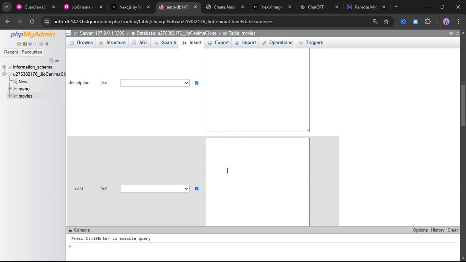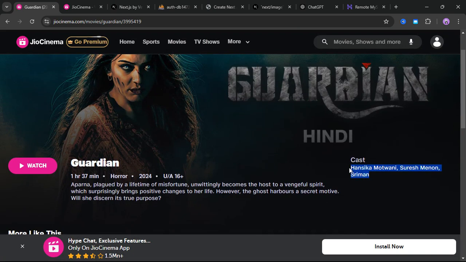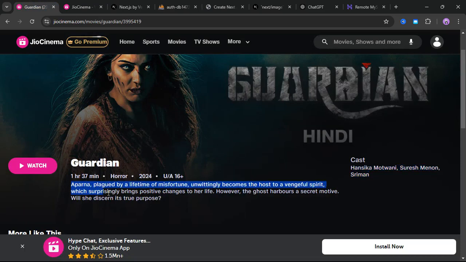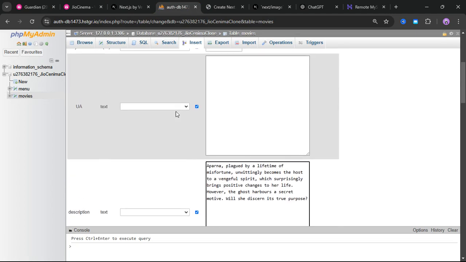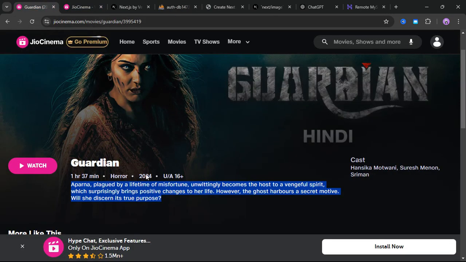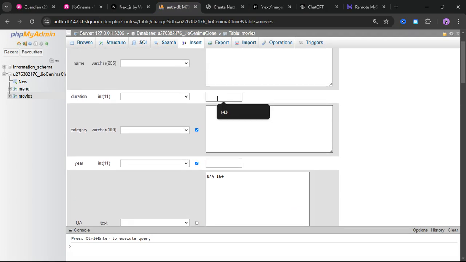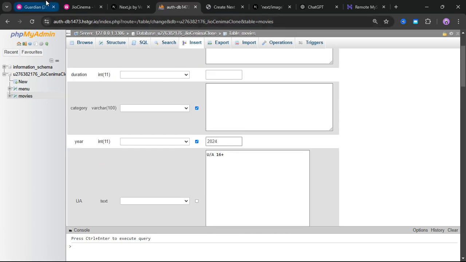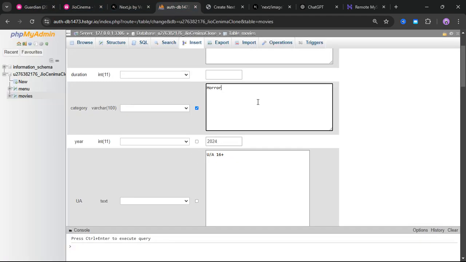Okay, now I can close this one tab. I will copy this cast and paste it here, and after that I will paste the description here. Now next is UA. What is UA here? That is 16, and it is also a movie of 2024. Year is 2024. And after that, category. This is also horror. Duration is 1 hour 37 minutes,